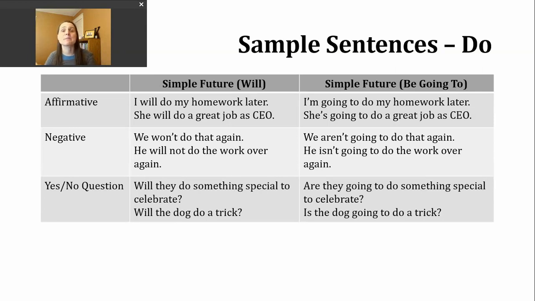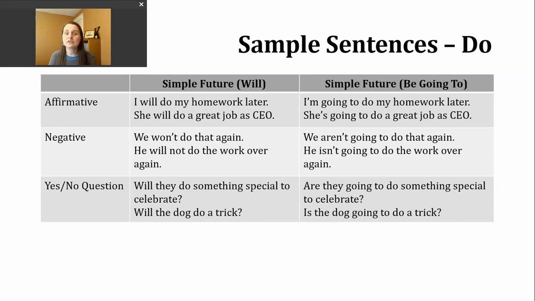We also tend to use be going to with facts and predictions. So those two things remain the same. One thing that's a little different with be going to is that we tend to use it when we're discussing our plans. So where, again, we made a formal arrangement in our mind, or maybe we've discussed it with another person about things that we are going to do in the future. So I'm going to show you some examples of sentences using will versus be going to, and we'll note if they have slightly different meanings or if their meanings are exactly the same.